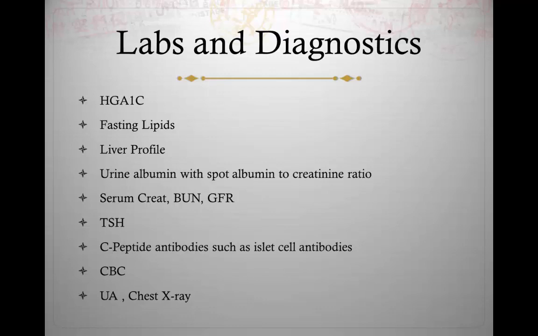Beyond creatinine, you could do TSH, you could do C-peptide. What's C-peptide? It's basically how much insulin, their own natural insulin, is released by a person, even if the person received exogenous insulin. So it's a pro-insulin mediator that is present in patients with type 1 diabetes, as well as insulinomas and many other tumors. You could do a CBC, you could do a urinalysis, you could do a chest x-ray,